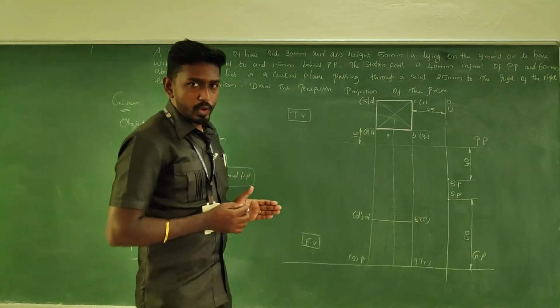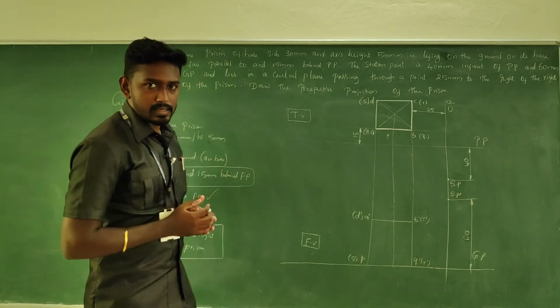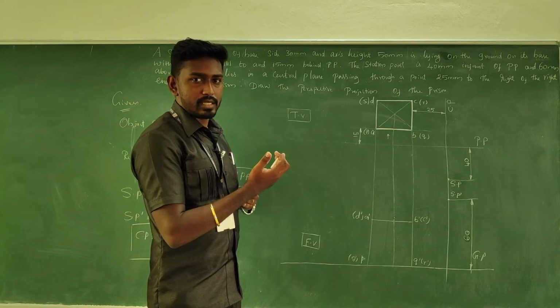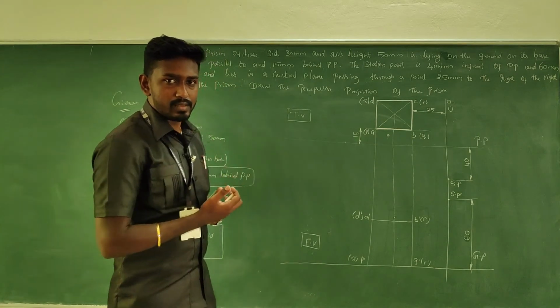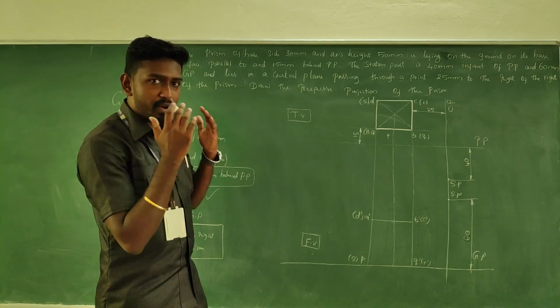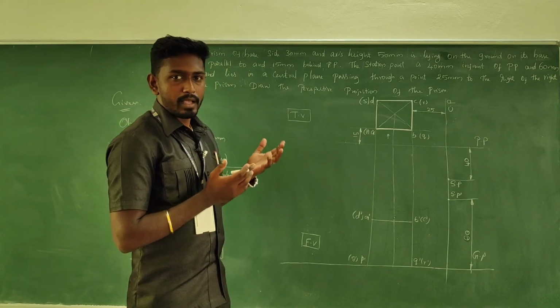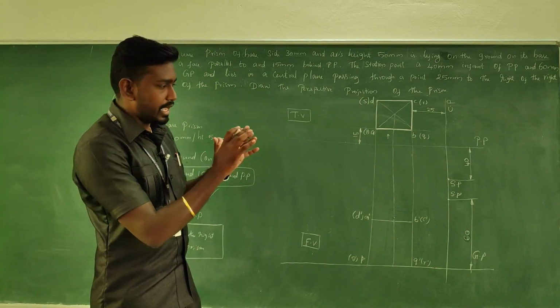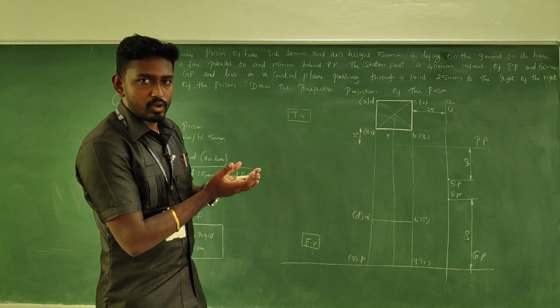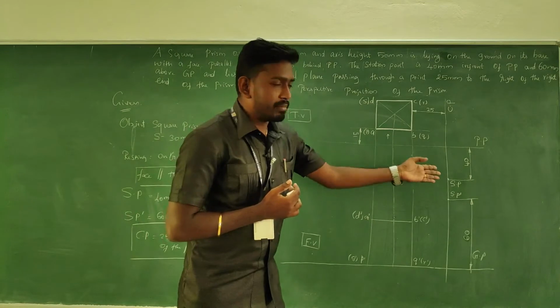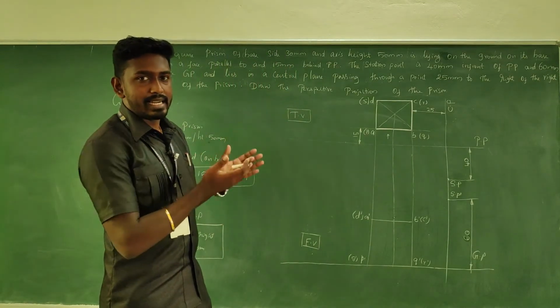So in the perspective view, in order to get the trace, the observer will be just watching the object from some distance, and he will be pausing the eyesight over the object. When he pauses it on the picture plane, the object will be traced out. Am I right?